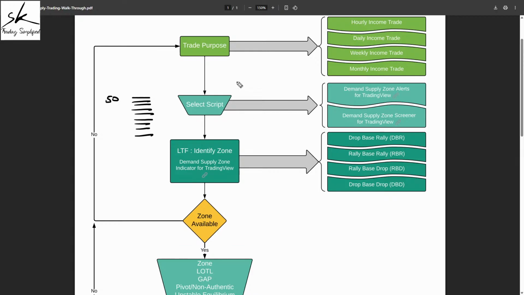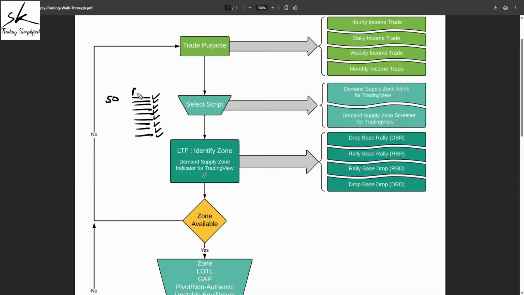But always remember, irrespective of what scanner or screener you're using, whatever results you get, you can never blindly buy or sell those symbols, because the scanner screeners never tell you what you need to buy or sell. They only help you get a smaller list. Once you have that small list, you'll have to analyze them one by one and see whichever matches with your trade plan might be an opportunity for you. The one which doesn't match with your trade plan, you definitely skip it. So whatever your process was, apply that, get your list of symbols.